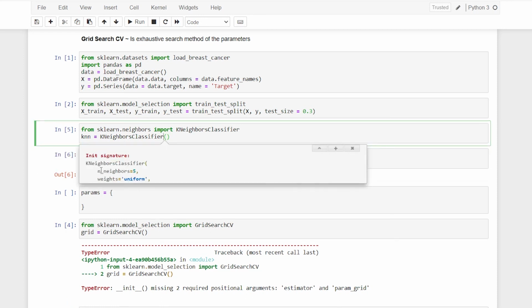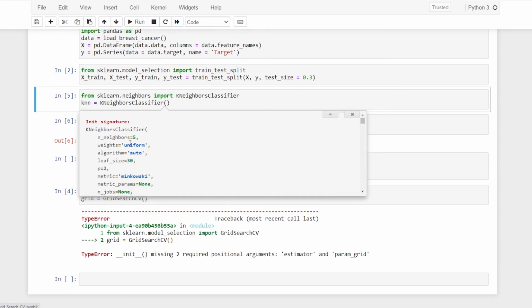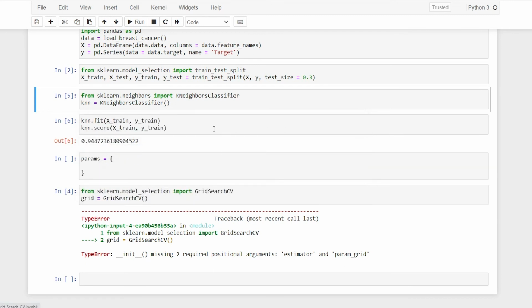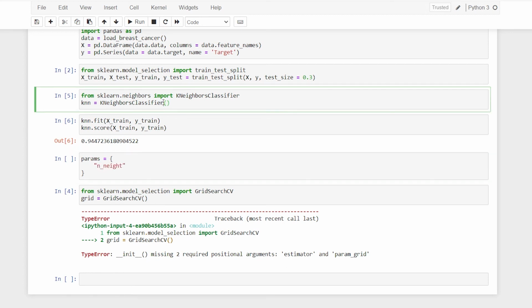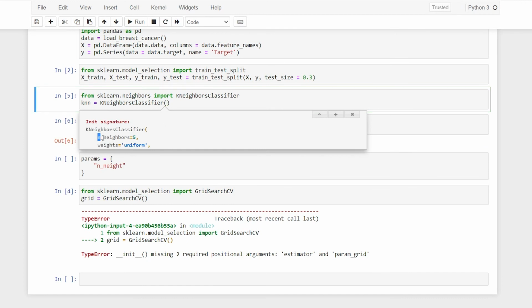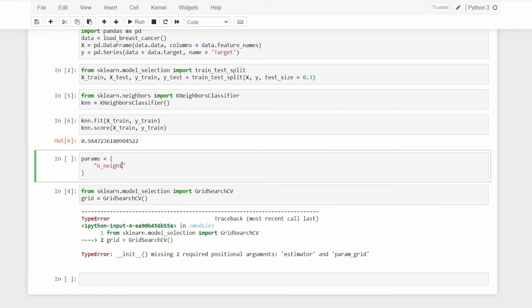The n_neighbors is basically 5 by default, so we can give it a specific set of n_neighbors. Then there is weights, algorithm, leaf_size, p, metric. So we are only going to tweak, let's say, metric and weights, and try to see the best things that we get. So the way we do it here, I'll say n_neighbors. If you don't know, you can just click over here, you can say shift enter. So n_neighbors is my first parameter. I'll just copy this, so that is much better. I don't have to type.